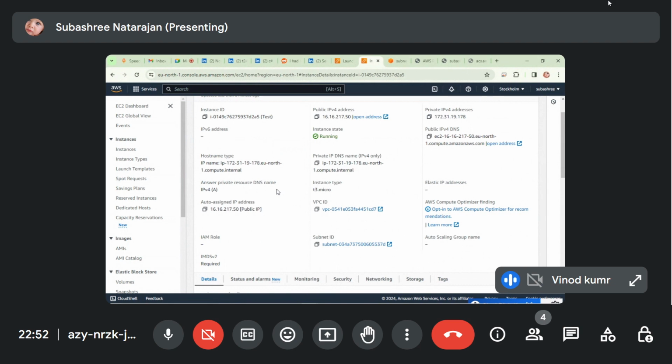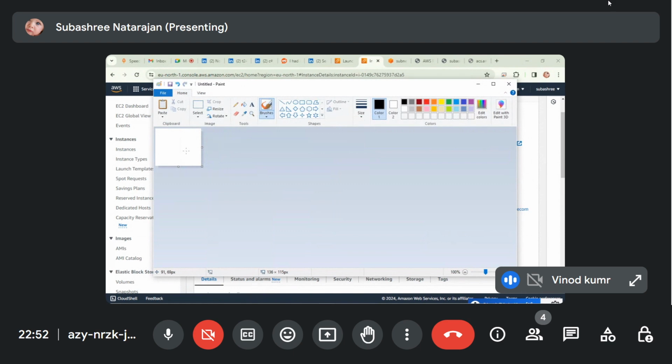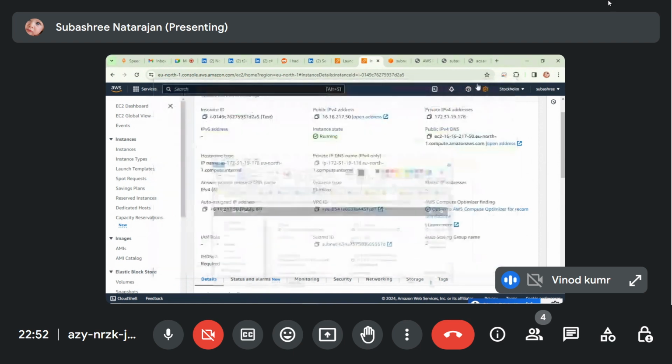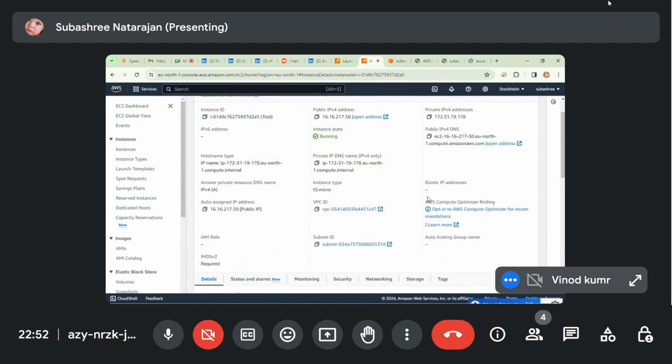Whenever you are rebooting the server, any issues may come. When you are shutting down, starting or stopping the server, the address will change as usual. If this address changes, it might be an issue for your application when it's mapped to a specific IP address. So you can do one thing: stop and start the server, and we can see the IP changing. Yes.